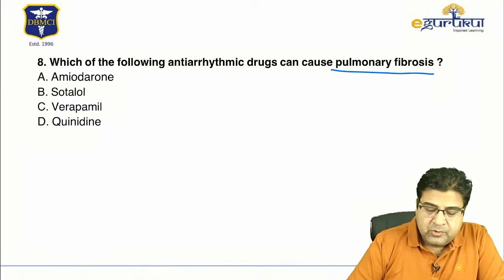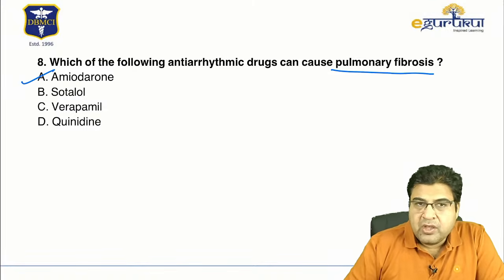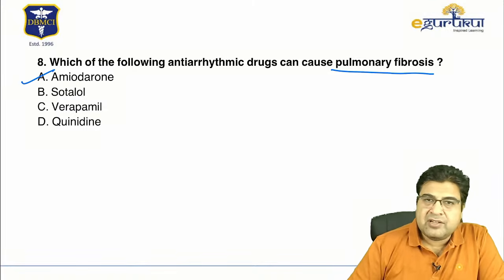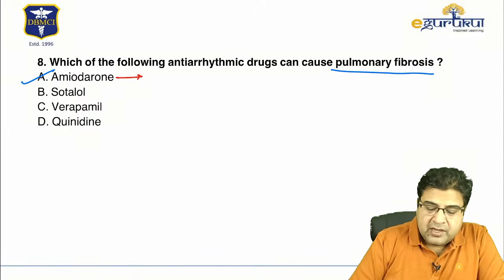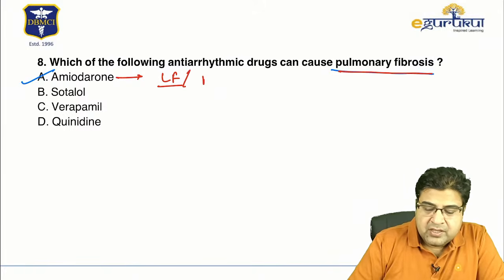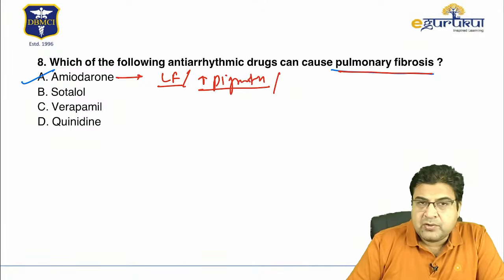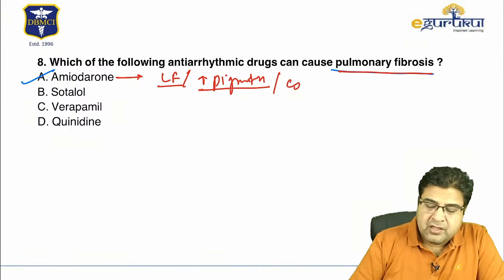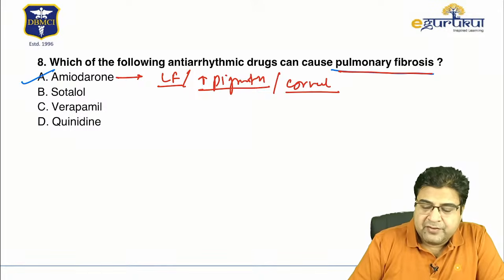So pulmonary fibrosis is caused by amiodarone. Amiodarone is a medicine that will cause pulmonary fibrosis. Other side effects of this medicine are liver fibrosis. This medicine can also result in skin pigmentation. It can cause blue pigmentation of the skin, and this medicine can also lead to side effects like the